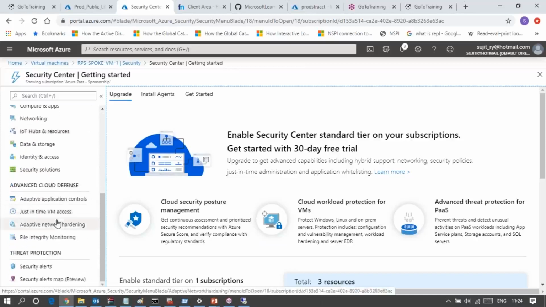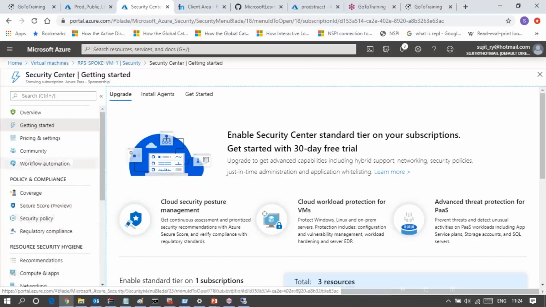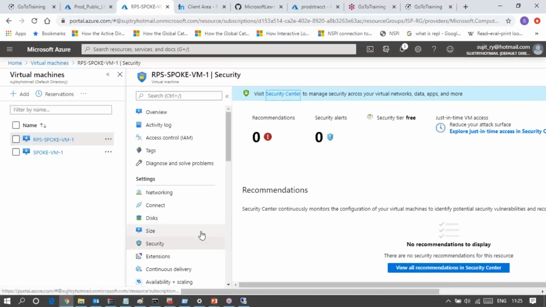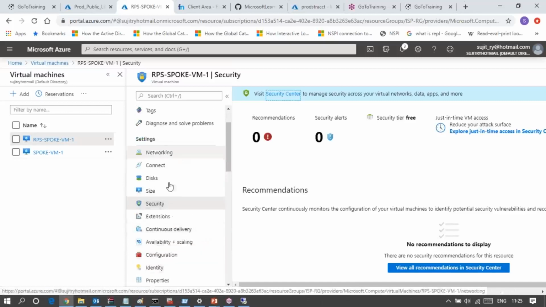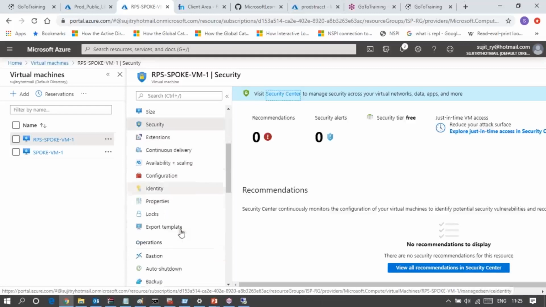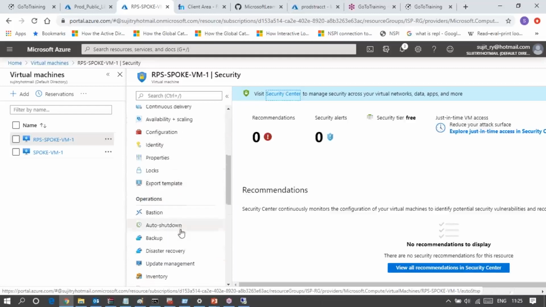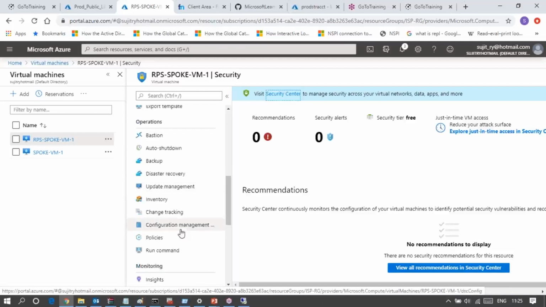Instead of in security, just go back. In settings, I saw reset password. Settings, connect, disk, security, extension, availability, configuration. Scroll down, scroll down below, the last one.